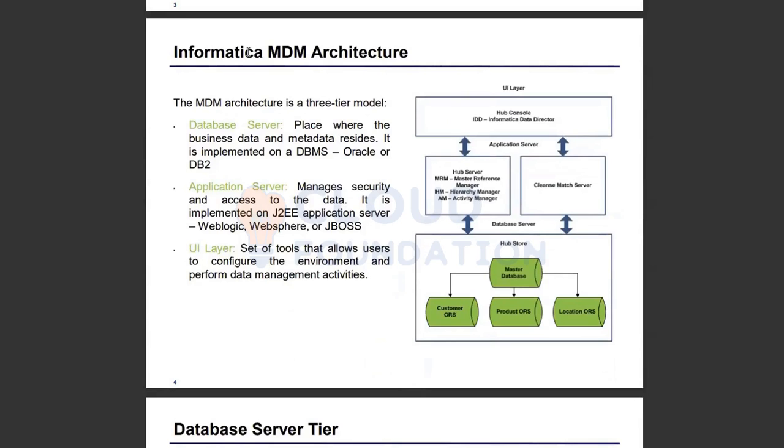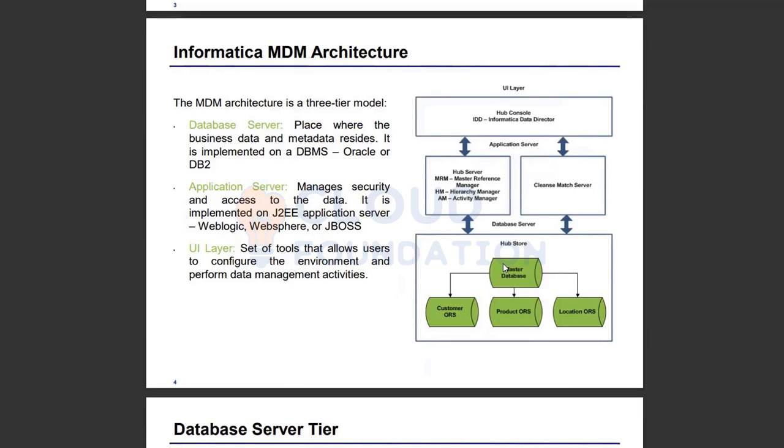Then in the architecture, there are three sections. The first is the UI layer, which has evolved from IDD to E360, C360 and so on. Then there is the application server, which is split into two parts.